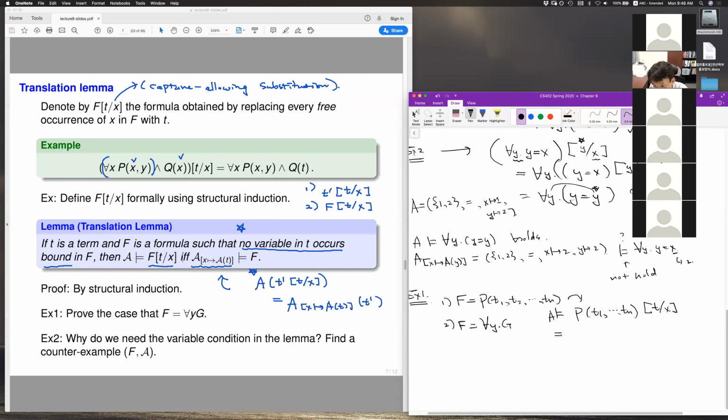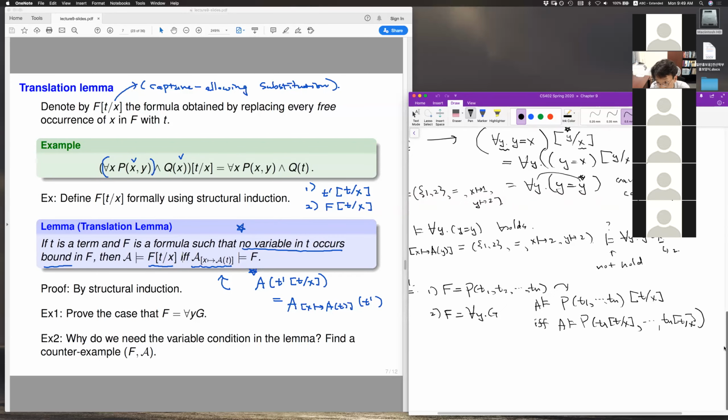But by the definition of substitution, this holds if and only if A satisfies P of T1, up to Tn with x replaced by t. So it holds when what I just wrote is true, by the definition of substitution. But now we use the meaning of what it is for a structure to satisfy an atomic formula P of T something. And this is true by the semantics if the meaning of each of these terms,